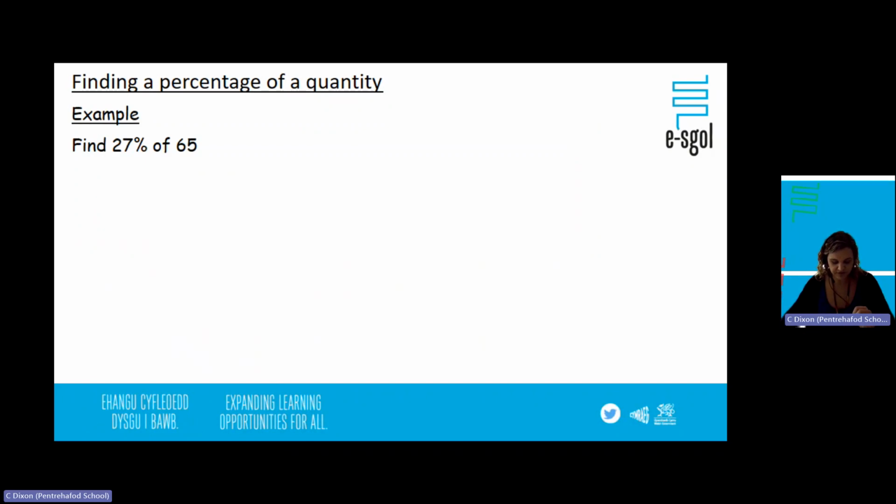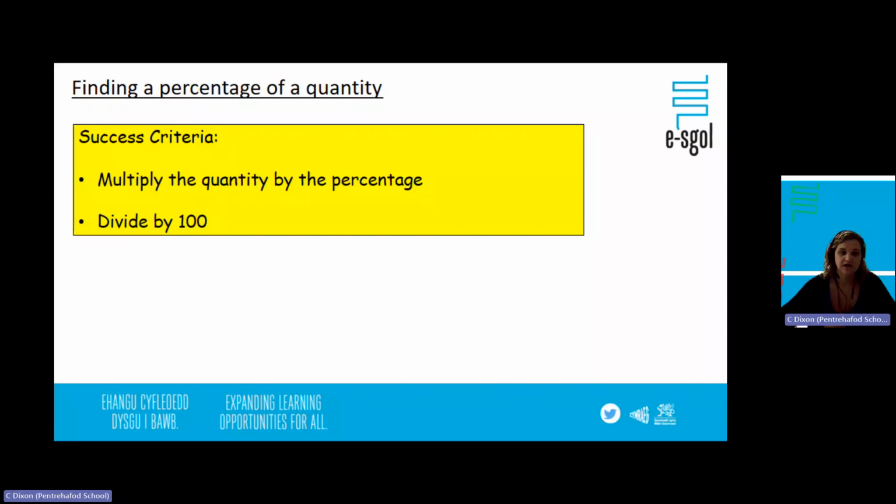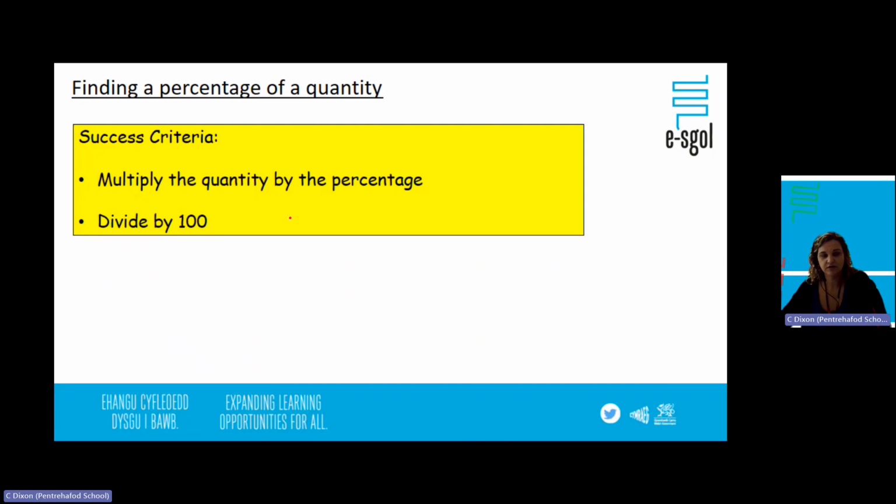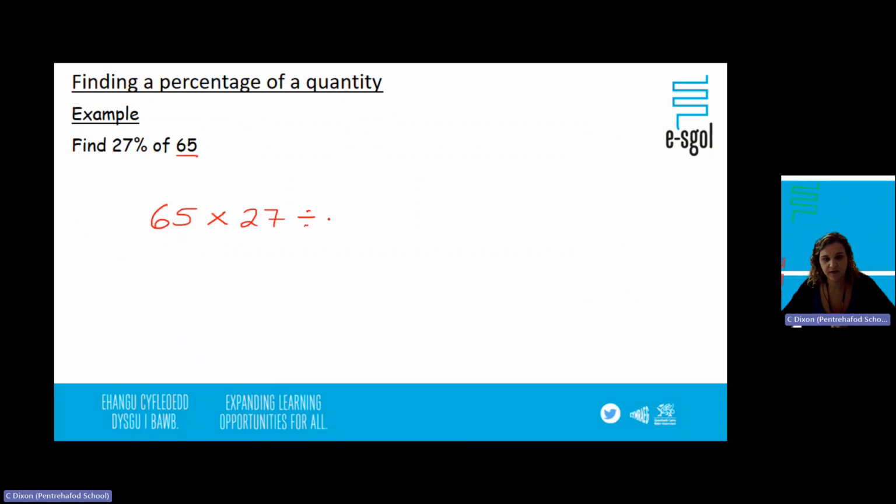So the first question we're going to go into, and if I go back just to the criteria, it says, multiply the quantity by the percentage. The quantity in the question is the number part that we're looking at, so the 65. So we're going to multiply that by the percentage, which happens to be 27. And then the last part of the success criteria said divide by 100. So we're now going to divide by 100, and all of that goes straight into the calculator, and your calculator should give you the answer of